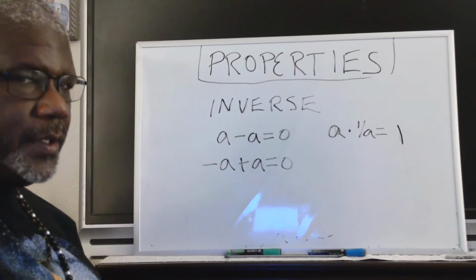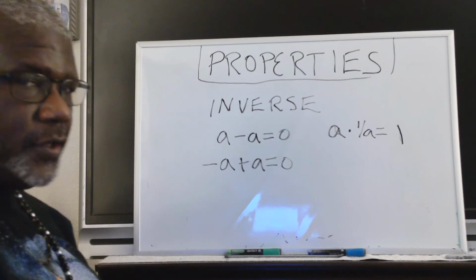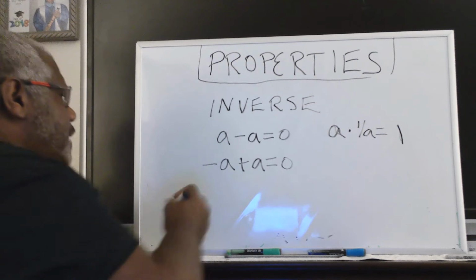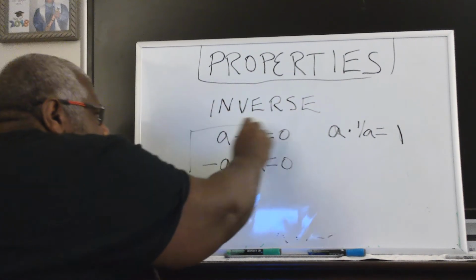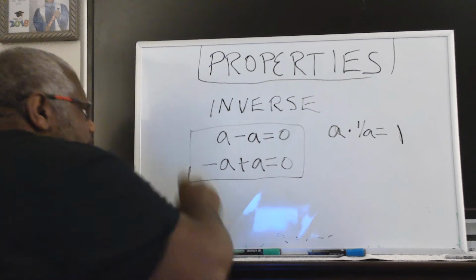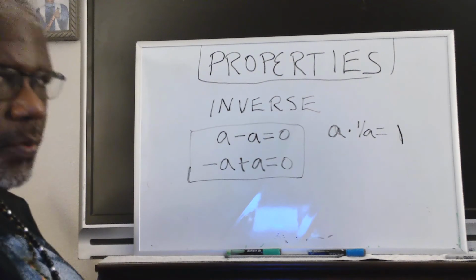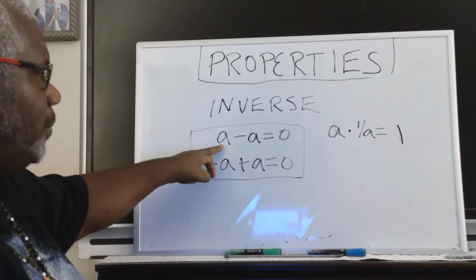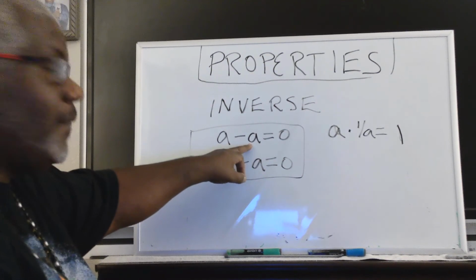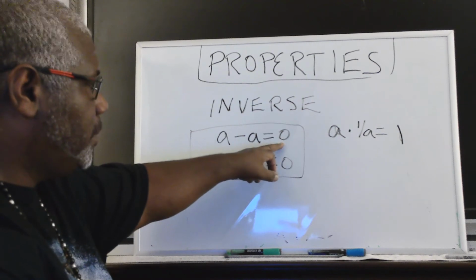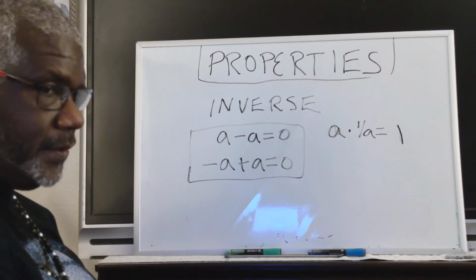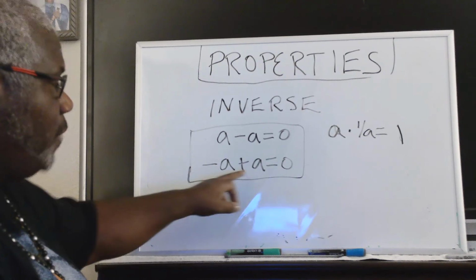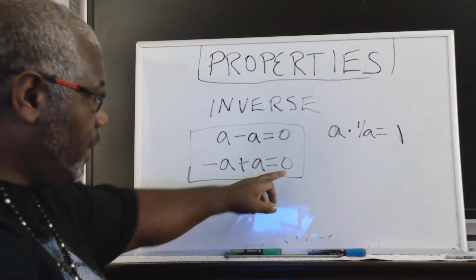The inverse property. This is important. The inverse property is important because of this. On this side, this is actually called the additive inverse. And I use A. You can use any number you want to. 1, 11, 50, 89, it doesn't matter. But if you have a positive number and you subtract that same value, you're going to get 0. That's called the additive inverse. Okay? Conversely, if you have a negative number and you add its positive value to it, it's going to also